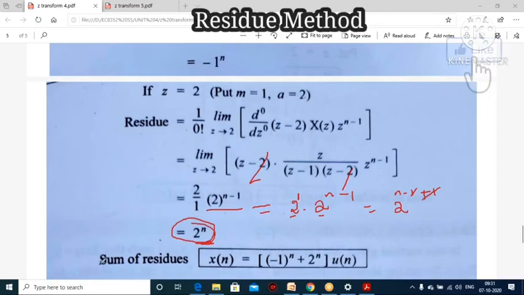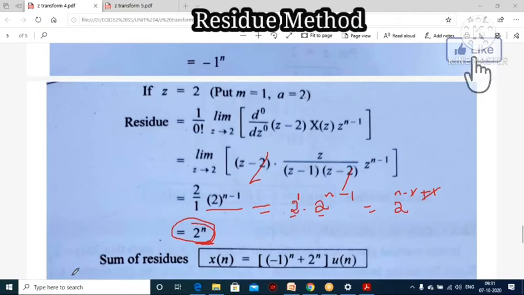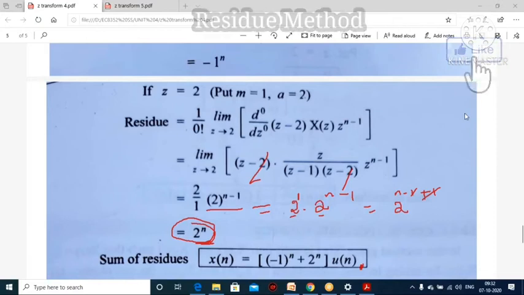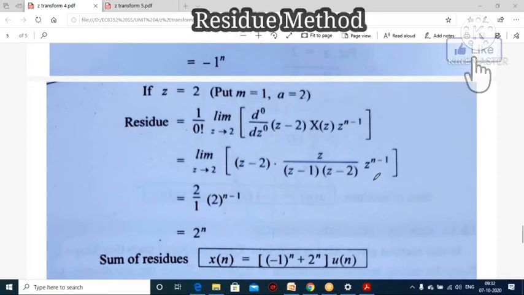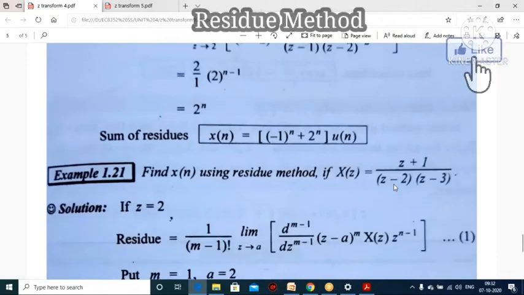Right? So the sum of these residues, because in our term you have only 2 poles available. So you find out the residue of the first pole and the residue of the second pole. Finally, you write the sum of these residues. Okay. So the first one is (minus 1) whole power n. The second one is plus 2 power n into u of n, the unit step function. So I write u of n. This is how you have to find the residue of X(z). Right? If you have any doubt, or you want to solve one more problem,